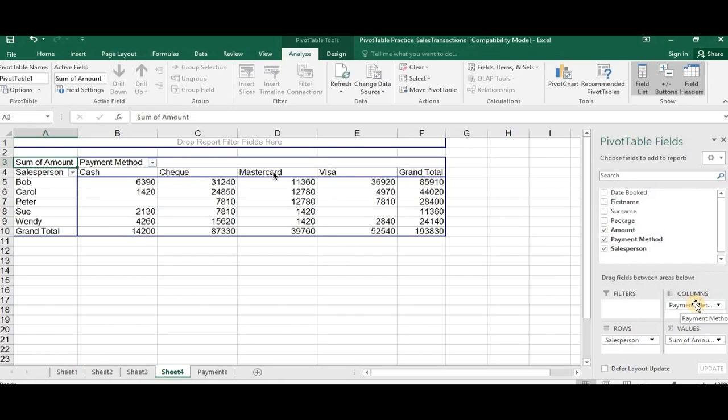Let's do that by using payment method as a column heading. Simply drag payment method, which we already did. And as soon as we did this, remember, now we have three dimensions. So it means we have created a three-dimensional table here. We have three dimensions, that is salesperson, then amount and payment methods. Remember, now to make it more interesting, we are going to use one more thing here, that is